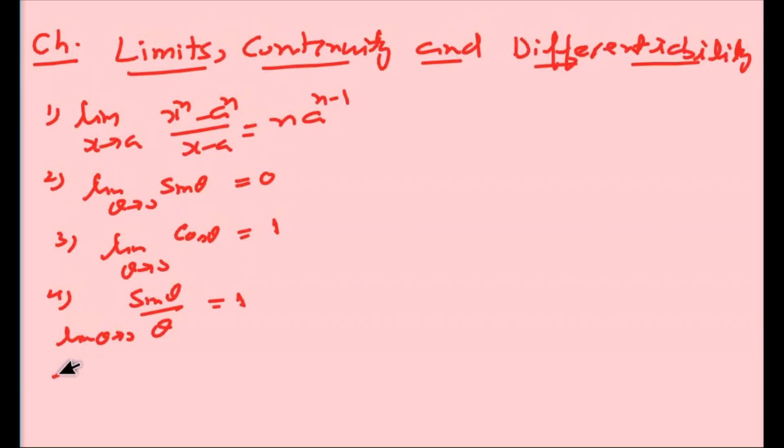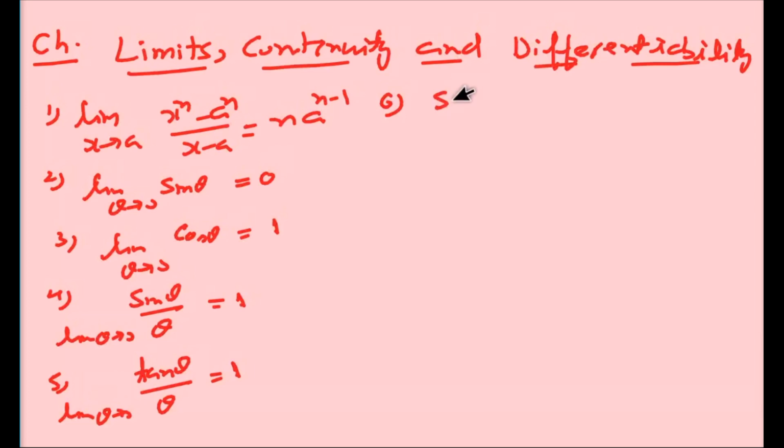All these formulas you have already proved in the previous video, you just have to remember this. So tan theta upon theta, theta tends towards 0, is also 1, and some more formulas,